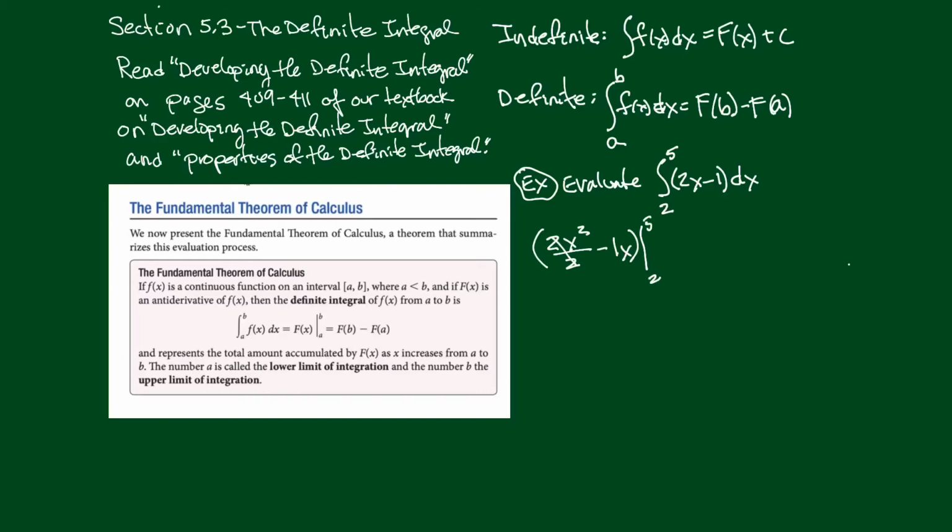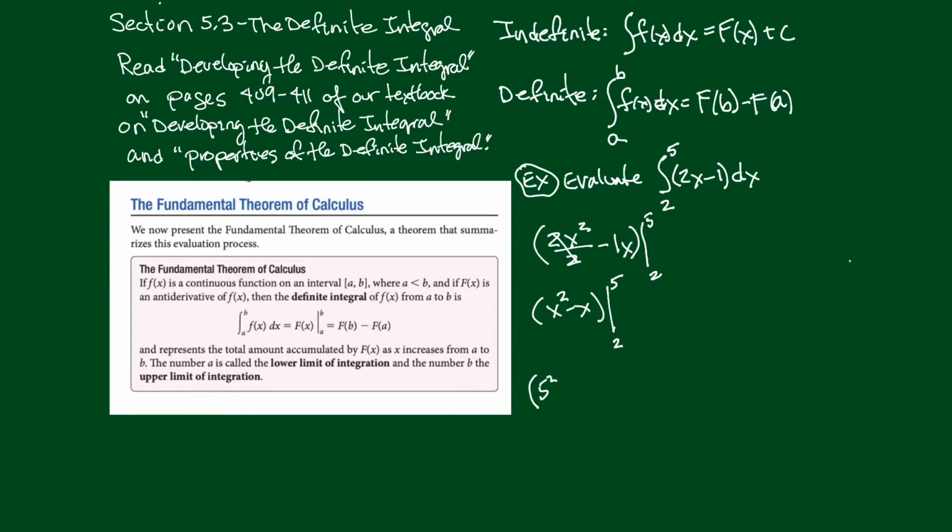But we can simplify a little bit here, right? So we're going to evaluate this, x squared minus x, from x equals 2 to x equals 5. Now the fundamental theorem says we put in the top number first and then the bottom number. So the upper limit is 5, so we'll get 5 squared minus 5, minus, now put in the lower limit, we'll get 2 squared minus 2. So right here, what do we get? 25 minus 5 is 20, minus 2 squared, which is 4, minus 2 is 2, so we end